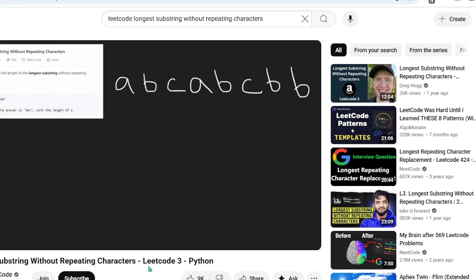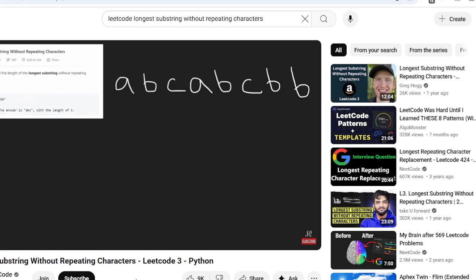We're back to a classic Leetcode problem, the third one. So this one's pretty simple. We're just given a string and we want to find the longest substring without any repeating characters, right? Like how these three don't have any duplicate characters, A, B, C. This one has two A's, so this would not count as a substring without repeating characters. And we only need to return the length of this substring.